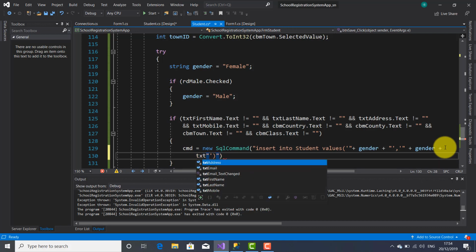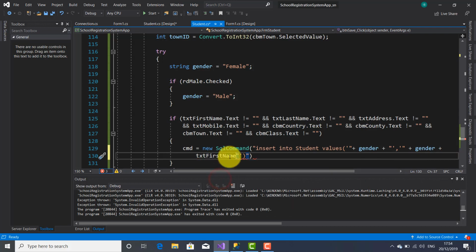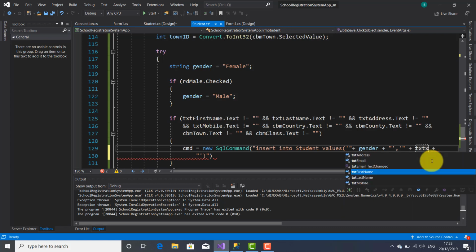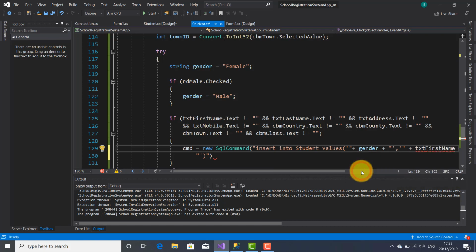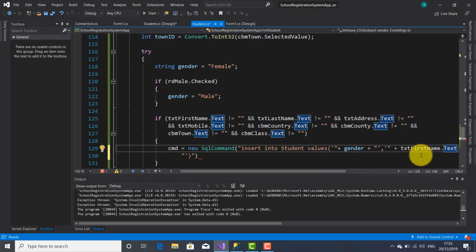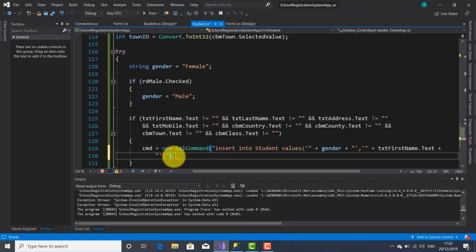So txtFirstName, here you go. Sorry about this, I actually have to write here the name of the first name text box, txtFirstName text box, and dot text. All right. Okay, let's put here a semicolon,